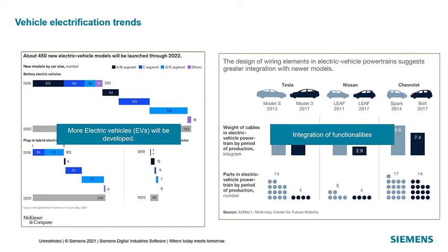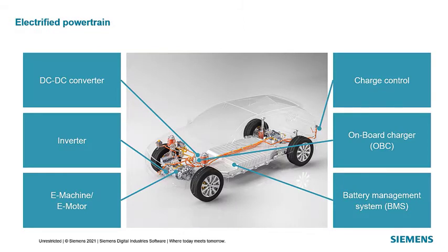Electrified powertrain. The electrified powertrain consists of 6 ECUs, mainly: DC-DC converter, which monitors and controls DC-DC conversion of high voltage to an auxiliary 12 volt battery or the standard battery; inverter, which monitors and controls DC to AC for running the electric motor from the DC high voltage battery;